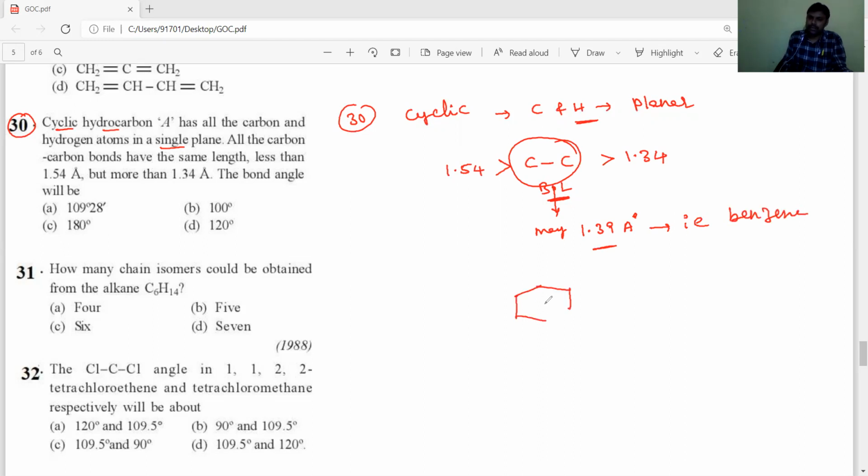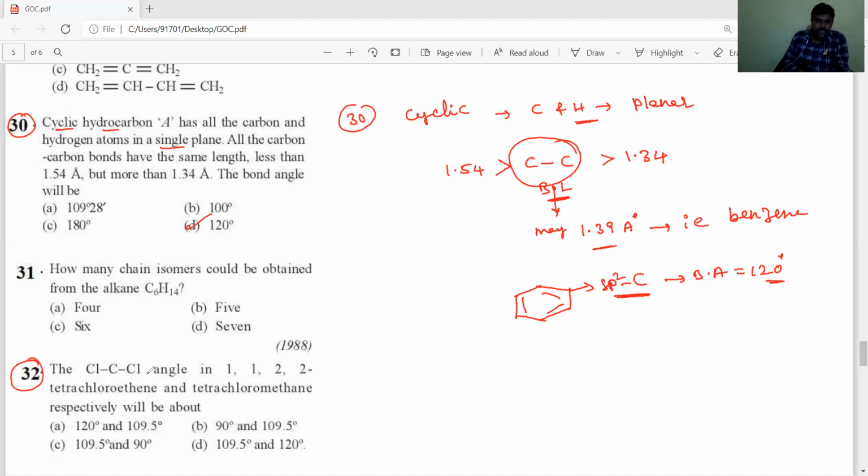So the benzene is like this. Now in benzene, each carbon hybridization is sp2. It is sp2 carbon, so the bond angle is 120 degrees. Okay students, the bond angle is 120 degrees. Next,